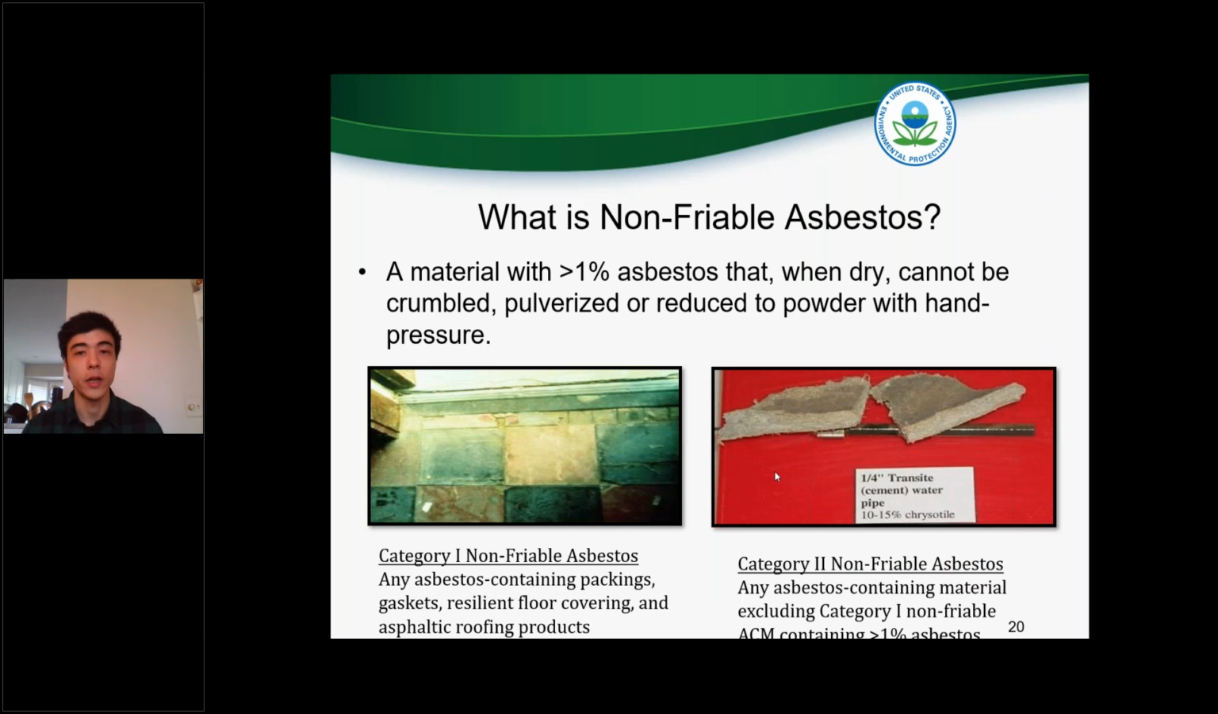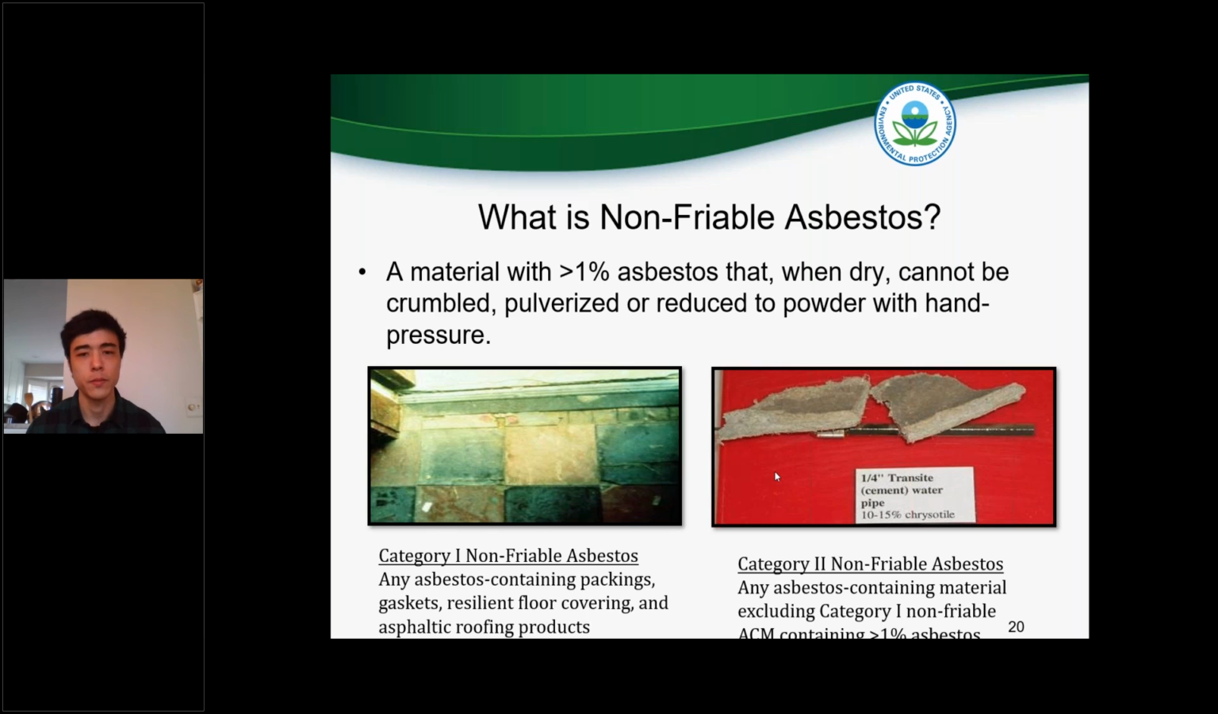So now, what is non-friable asbestos? Again, it must contain at least 1% asbestos for it to be considered asbestos-containing. But if it is non-friable, when it is dry, it cannot be crumbled by hand pressure. And under the NESHAP, we have two categories for non-friable asbestos. We have category 1, which is essentially floor tiles and roofing products, and category 2 non-friable asbestos, which in short